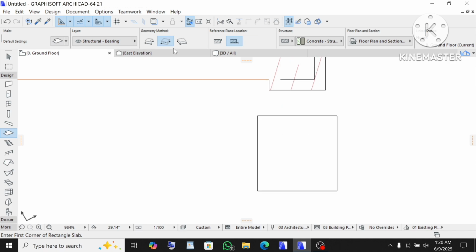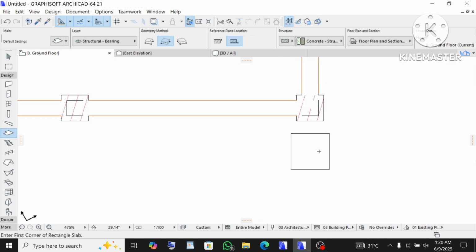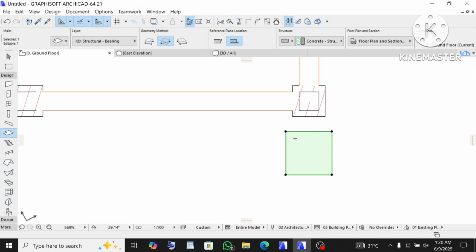Now click on this method, this rectangular method. We want to draw a rectangular slab. So click on this method, rectangular method. Click here, take it down and click like so. Now hold shift on your keyboard, click on it, click on it, press Ctrl D on your keyboard to drag,